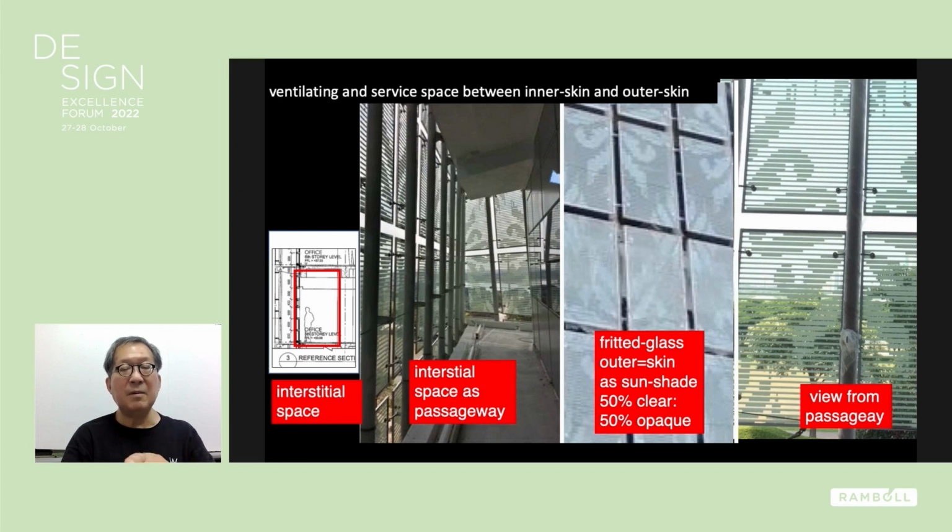So the third image is how it looks from the outside. You can see the fitted glass pattern that we use. They're not exactly butt jointed. There's an air gap so the ventilation can flow through. And then the last image is what it looks like from the inside of the building looking out, so you can actually see through the photograph to the outside.